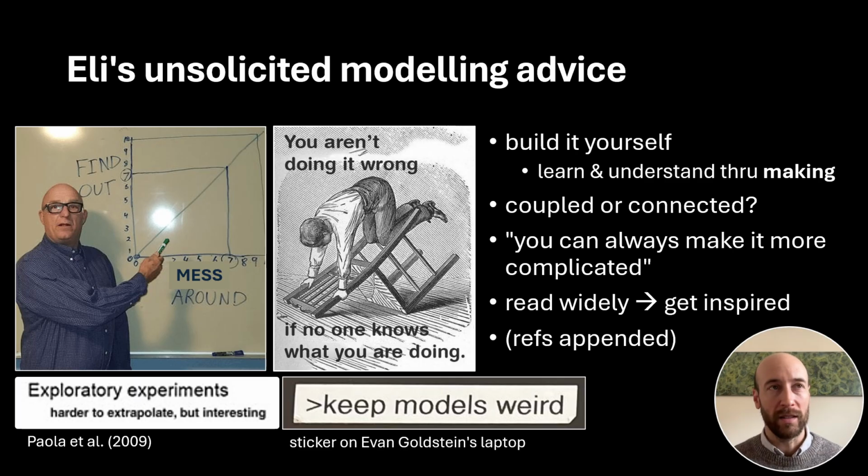Dylan McNamara's beach nourishment or barrier dynamics model with natural versus human altered, the resort model from 2008, started because he just wanted to see if he could build it. That was a large part of his motivation. Think really hard about whether your model is coupled or whether you just have something that's connected. And if it's just connected, try to find where that feedback is, if there is one. Remember, you can always make it more complicated. The hard part is really figuring out how to make it simple, keep it simple, and abstract. Deliberate simplification is tricky, but is achievable.